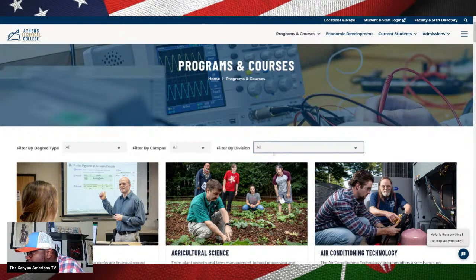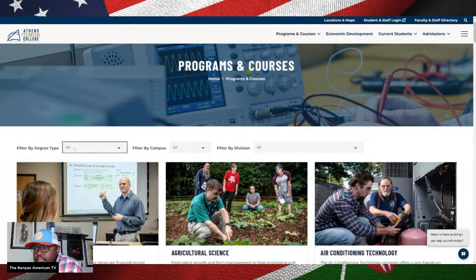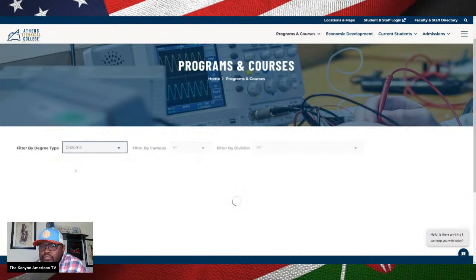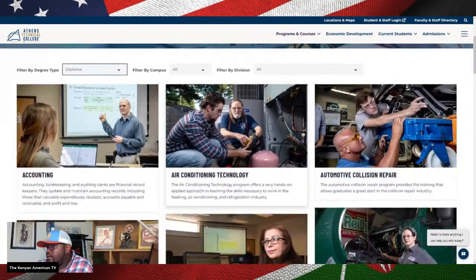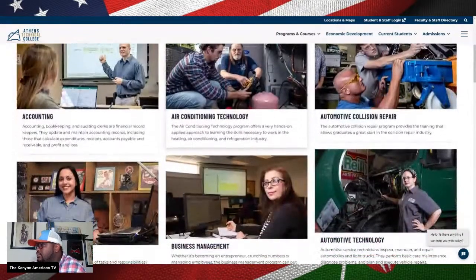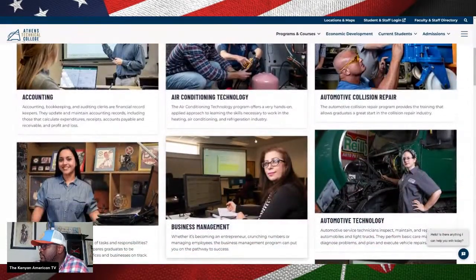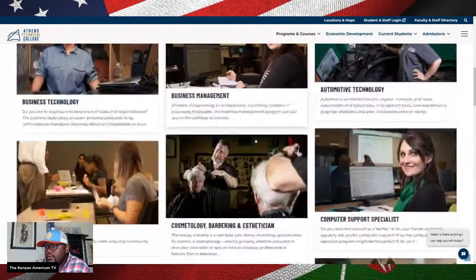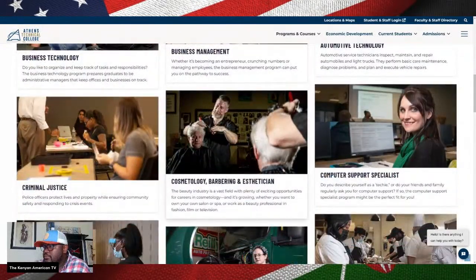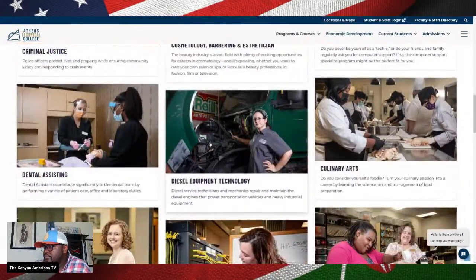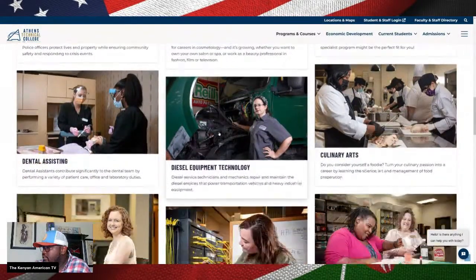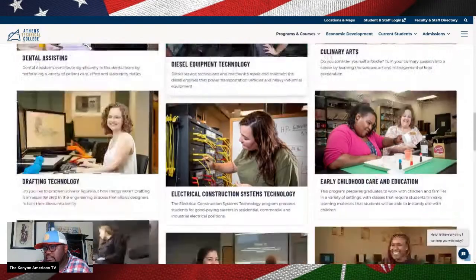Degree type. Let's look at a diploma. Okay, so it looks like they have air conditioning technology, automotive collision repair. Let's see. Oh, they have cosmetology too. Diesel equipment, dental, culinary arts,